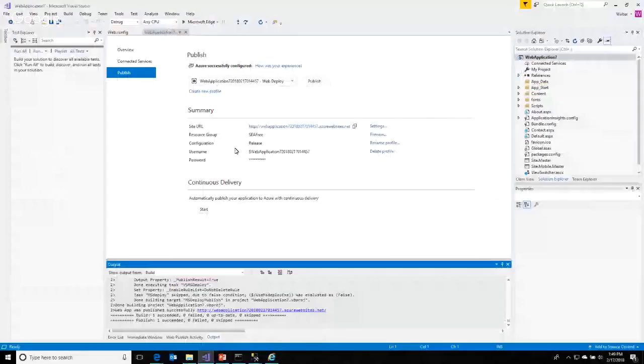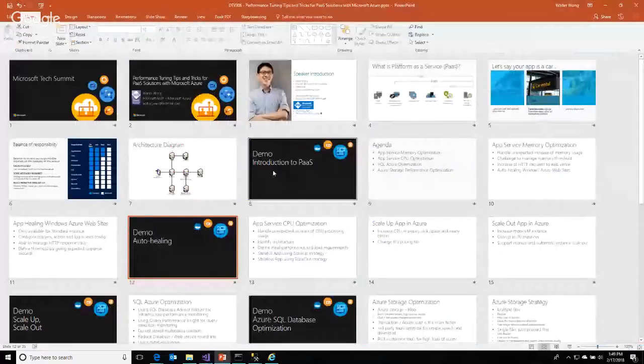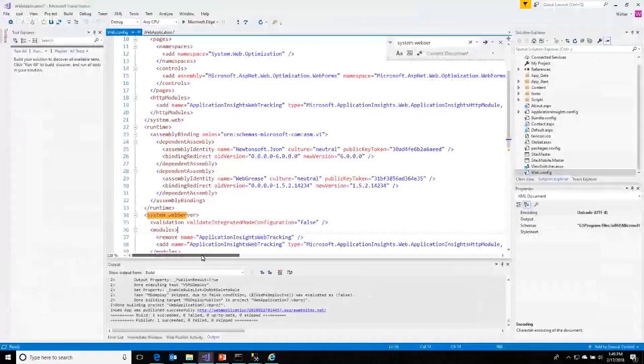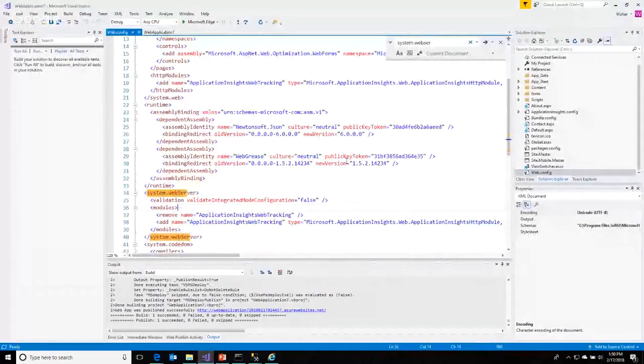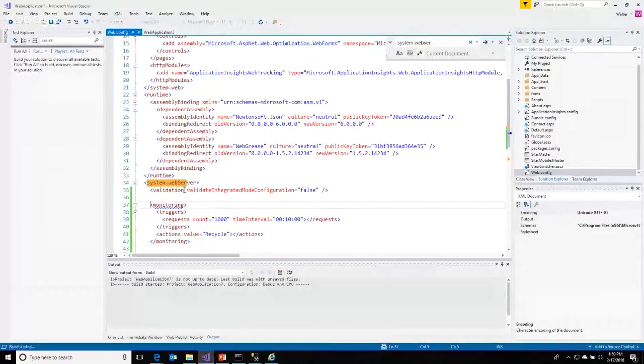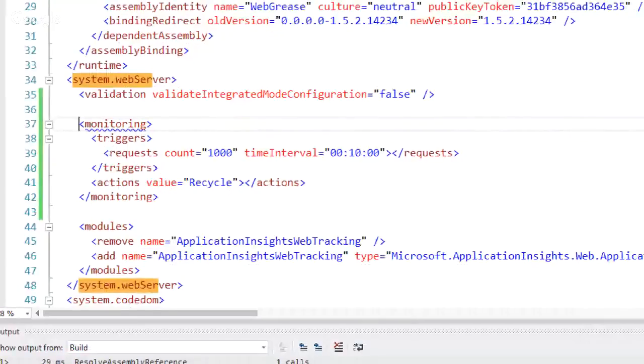Right, this is my web app that I had just now. And what am I going to do? I'm going to copy a set of code snippets and put it down here. Right, as you can see from here, I just want to explain to you.